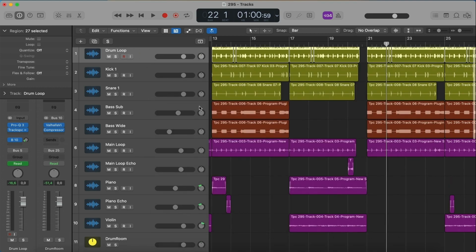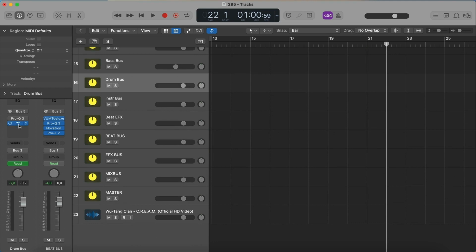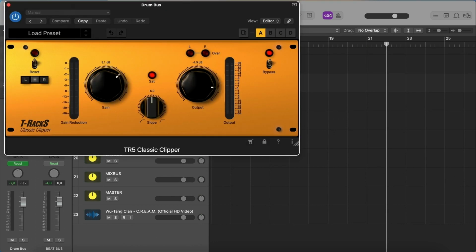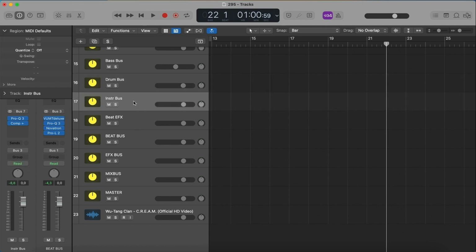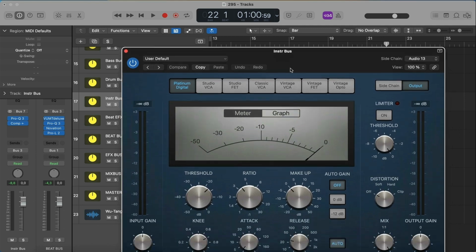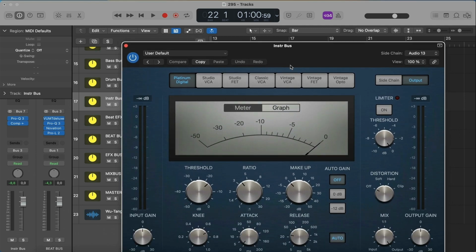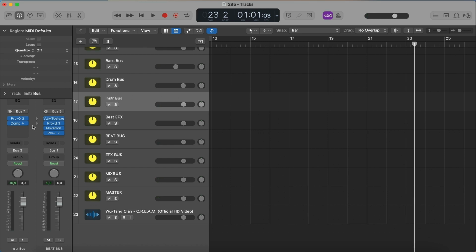Then we have the drum bus with some clipping going on with the IK Multimedia Classic Clipper, shaving off the peaks. And then we have the instrument bus where all the samples and all the melody lay, with a compressor that ducks about 4 decibels of gain reduction whenever the kick and the snare from the drum loop hits. Like so. Okay. Not so much from the kick actually, but more from the snare,